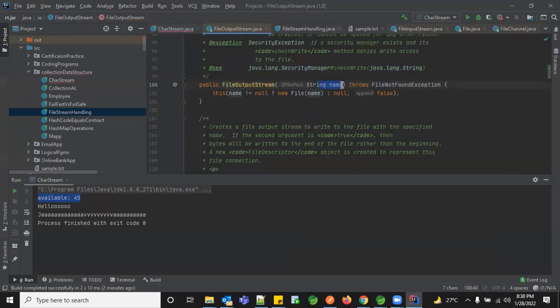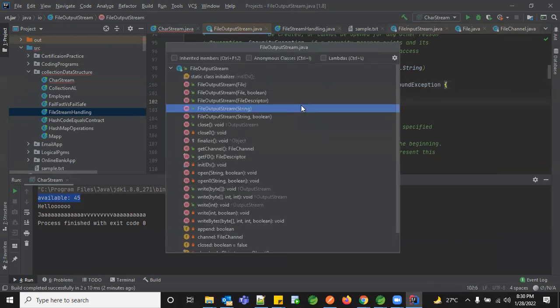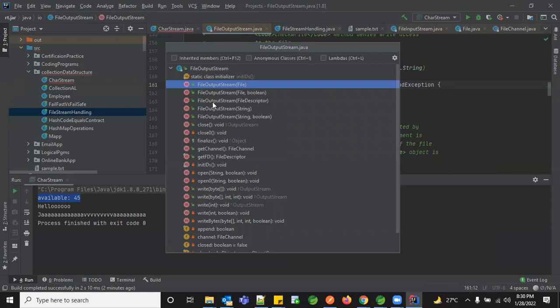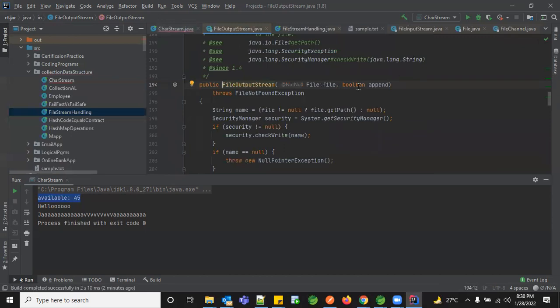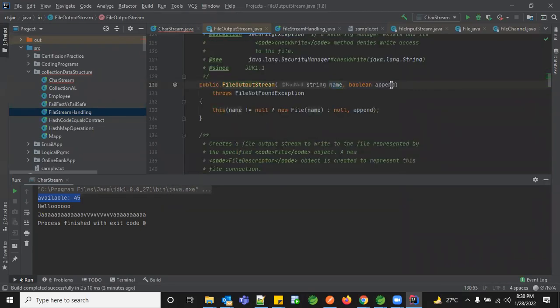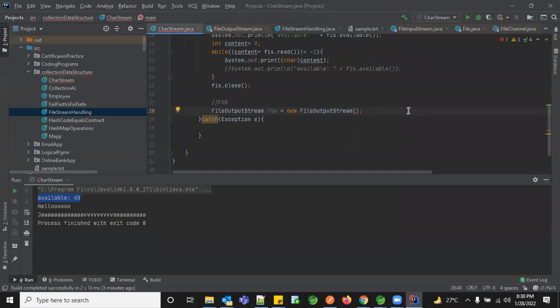It is expecting a name, or you have to go for the other parameter, which is your file, where you have to create your own file object. Let's do that in the next type of stream, how to create a file object. Next, you can either give a file descriptor, or you can go with the file and boolean, whether you want to append the data. After you write your data in the file, are we going to append additional data or not? There's also FileOutputStream with the relevant name and the append condition. So these are the 5 overloaded constructors we have, and we can reuse whatever we want in case of our output stream class.